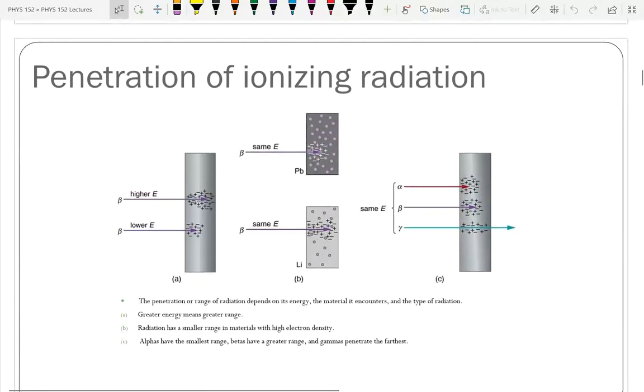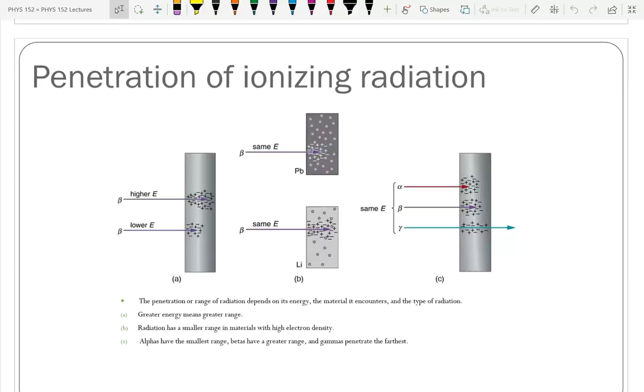So we have 3 types of radiation that we talk about a lot. There are a lot more types of radiation than just these 3, but these are the ones we talk about a lot. And so the 3 are alpha, beta, and gamma. And they have those designations for a very simple reason. It's based on their penetrating power. Alpha radiation has virtually no penetrating power. This piece of paper will perfectly protect me from something that's giving off alpha radiation.